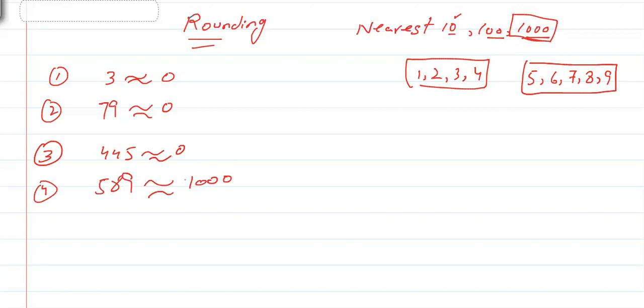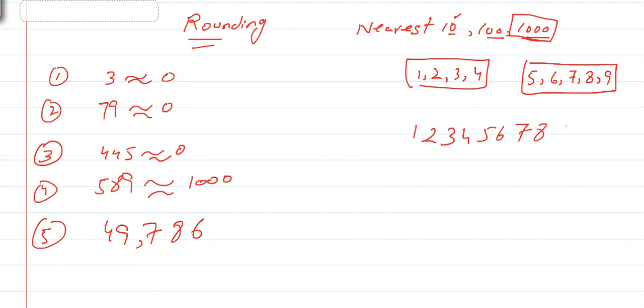But if you have more than three digits, what will the rule be? Let's take an example, 49786. It has five digits. It's like 49,786. You should also learn how to read it. There is a very easy way of reading that. Although it's very basic level, sometimes in your IGCSE such questions are asked. After every three digits, you can put a comma. One, two, three, put a comma. This first comma is for the thousand. For example, let me write 1, 2, 3, 4, 5, 6, 7, 8, 9.